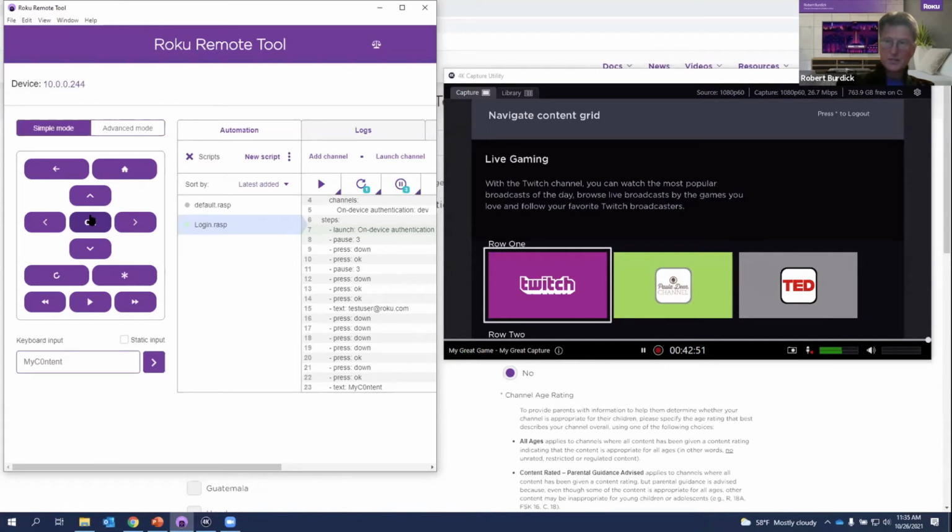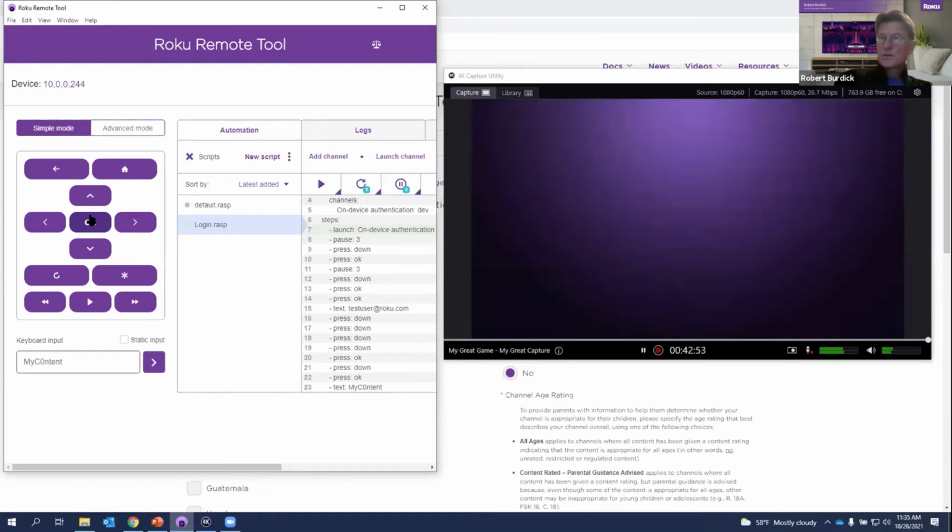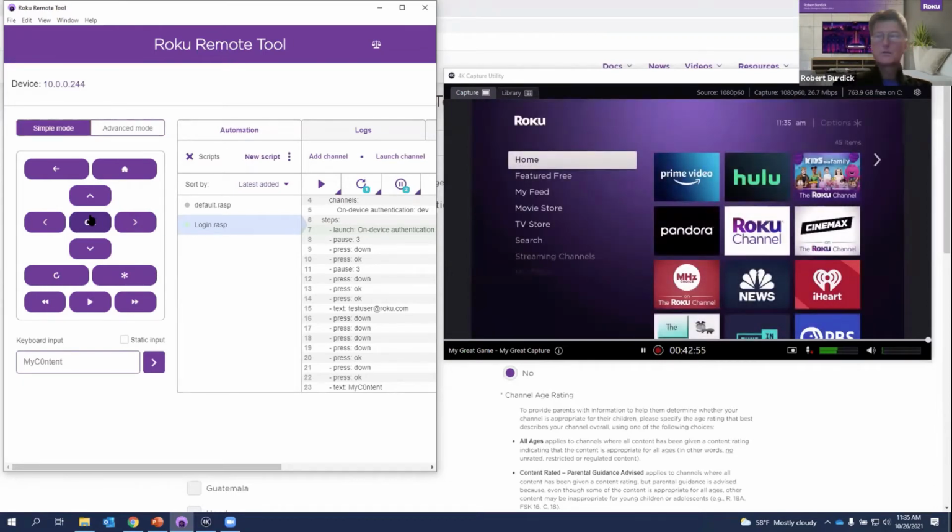All right. So now I'm going to go back to the manual remote. I want to exit the channel. I'm going to do this with the physical remote. I'm not going to use the home or the back key in the remote tool, because that would add those instructions to my script. And if those were to get run by CVA, your channel would exit during your testing,